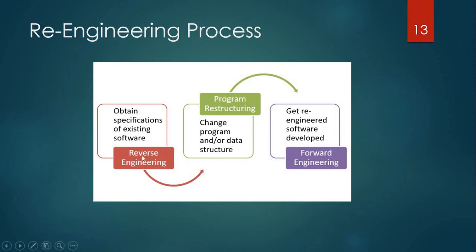Already we have discussed it. First of all, we will have the existing software. On the existing software, we will apply reverse engineering. After reverse engineering, if we want to add some more functionality, then we will have the list of that functionality, that list of user requirements. On that point, we will have the starting point of our forward engineering. We will engineer the process on those specific requirements, and at the end of forward engineering we will have the software with the re-engineered process.